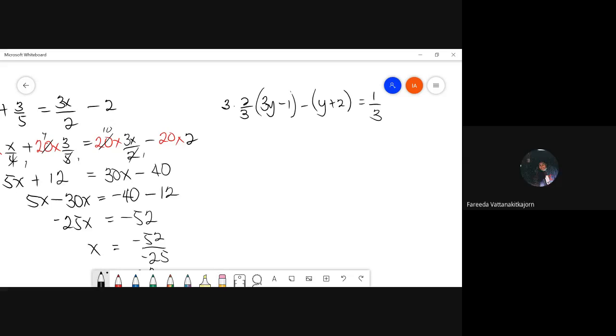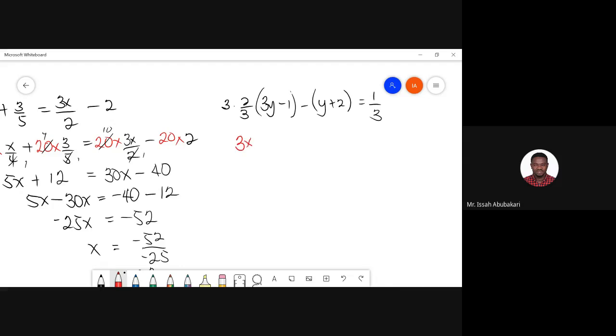We have how many? 2, 1, 2, and the last one is 3. So we have 3 terms, and our LCM is 3. We are going to multiply our LCM by all the terms. So LCM is 3